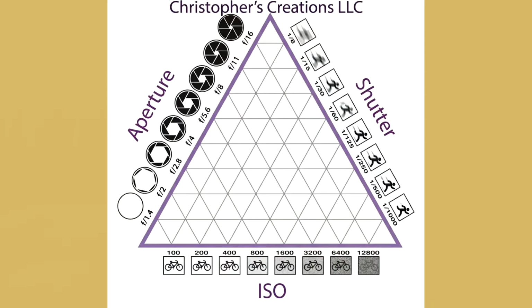Yeah. So for outside, this is phenomenal during the middle of the day, bright sunny skies, all that kind of stuff. We have a very little amount of light, but yet we don't have any noise in there. If you go inside between 400 and 800 ISO, this is going to be a better system for that, just because that gets you more light coming into the camera, but yet you're going to start creating some digital